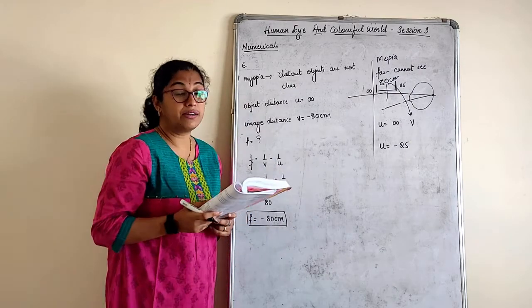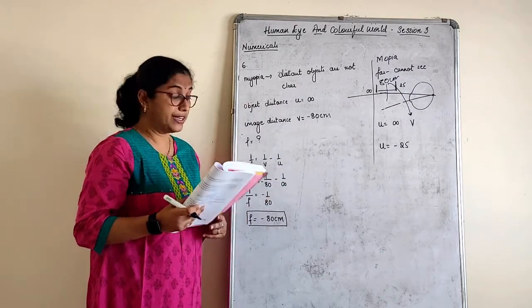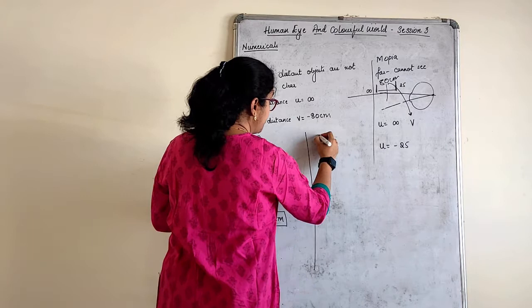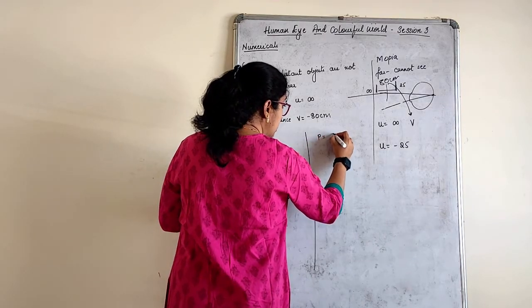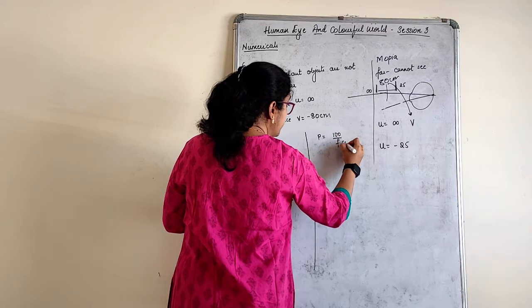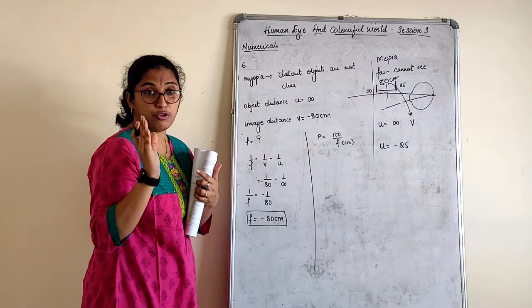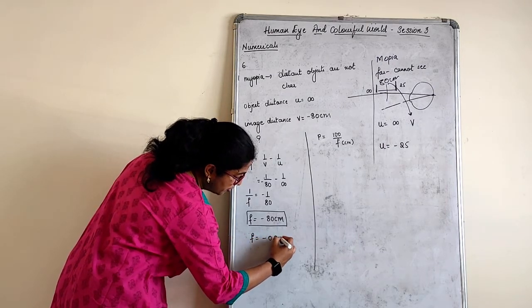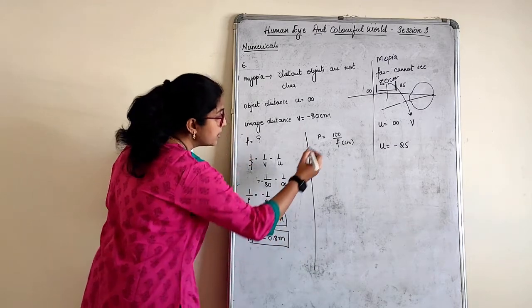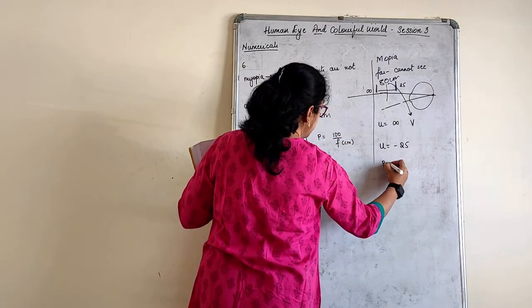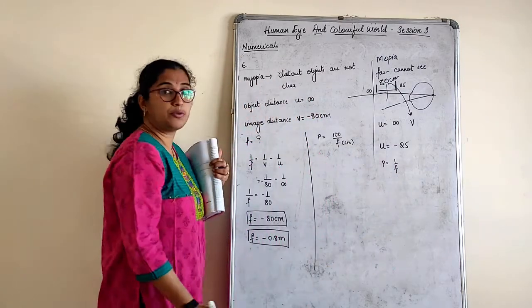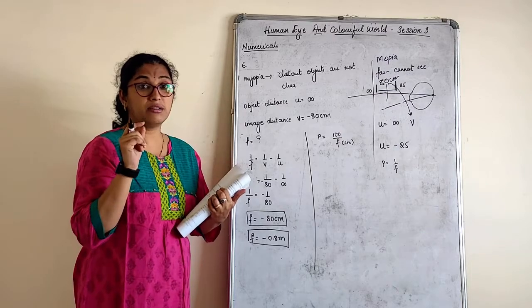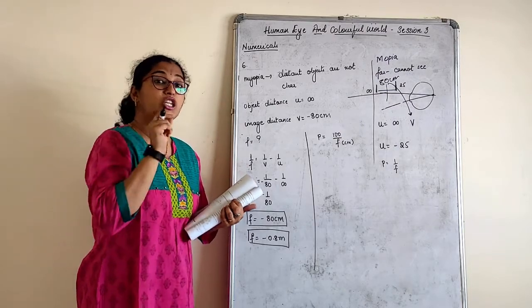See, that was the focal length. Now what we have to find here? Power we have to find. You can keep this, but when you talk about the power formula, power of the lens we have to find. So power is equal to 100 upon F in centimeter. This formula you have to apply, children. Otherwise, F is equal to minus 0.8 meter if I use, you can directly say the formula as P is equal to 1 by F. It's up to you, any formula. You know that if focal length is in centimeter, the power formula uses 100 upon F. When we consider P is equal to 1 by F, the focal length should be in meter.